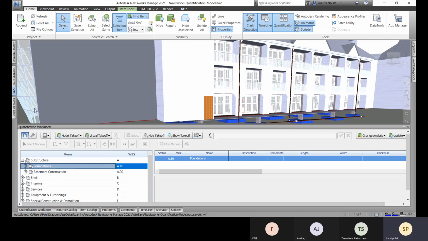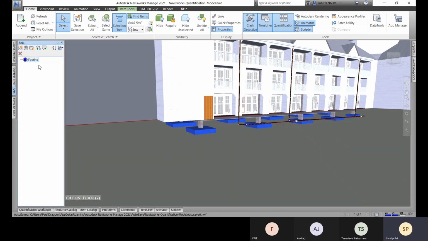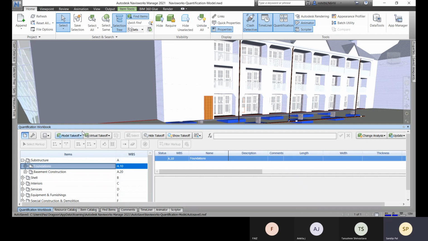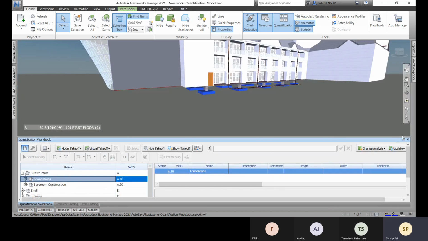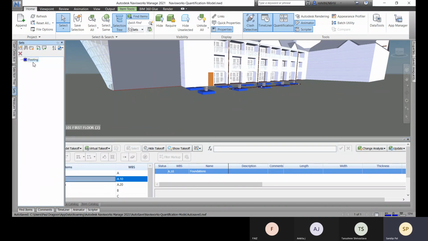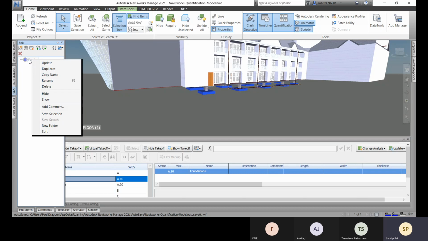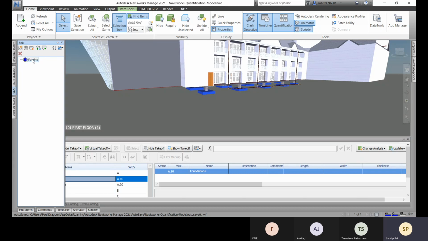So how can you do that? Go to your selection set and drag this. Remember, this should be opened, so pin this one so that it will be kept open. Then go to your set, select this set and right click, or you can drag it to this.